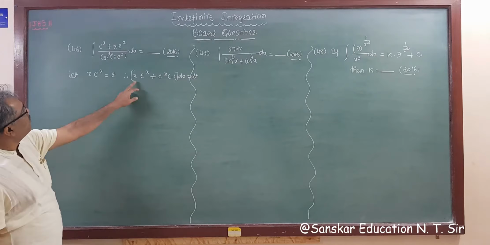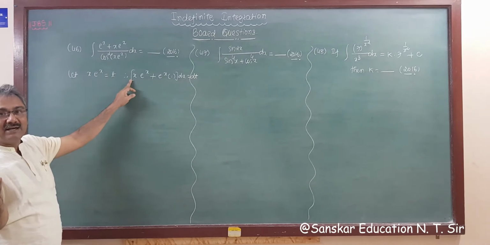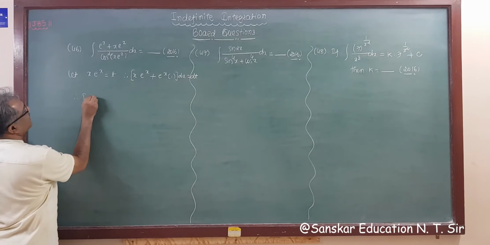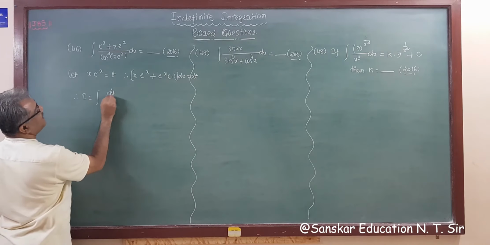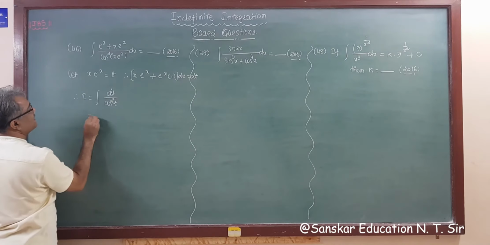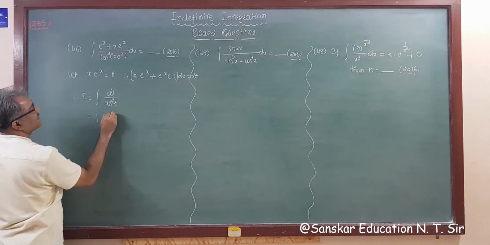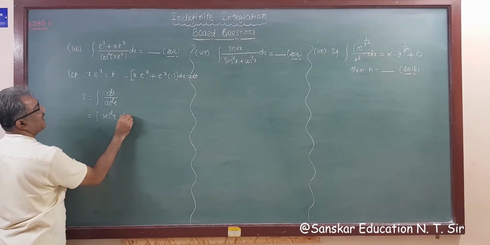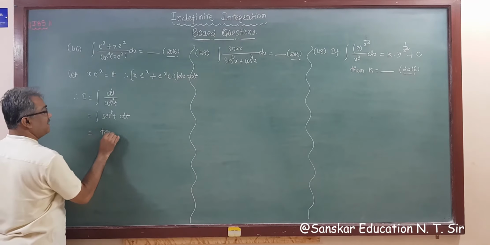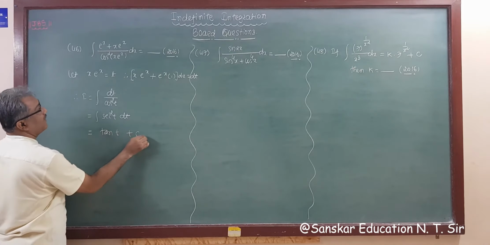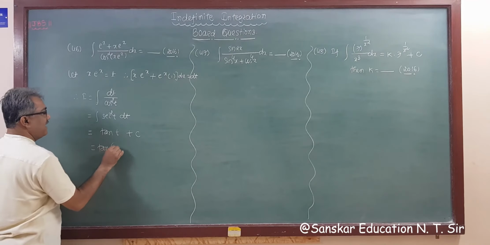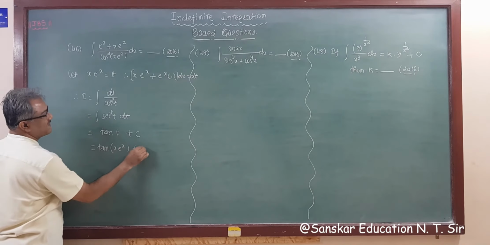That is, oh, same as numerator. तो numerator ही मिल गया हमें. बहुत अच्छा हो गया. This is dt. So what is your I? Now I is equal to integration dt upon cos square t, and that is integration sec square t dt, and integration of sec square is tan. So answer is tan t plus c. And what is t? T is x e raised to x. So answer is tan x e raised to x plus c.